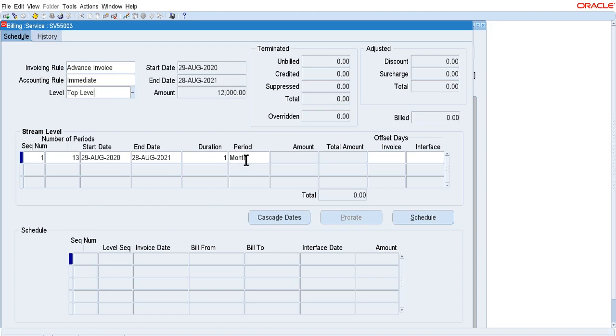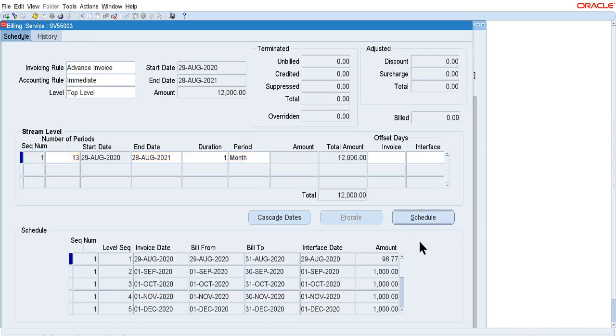Here it is monthly and 1 month; this is the period I have taken, months. If you click on schedule, it will create the monthly billing. You can see the first billing period, bill from and bill to, from 29th August to 31st August, because I am creating this service contract today, the 29th.